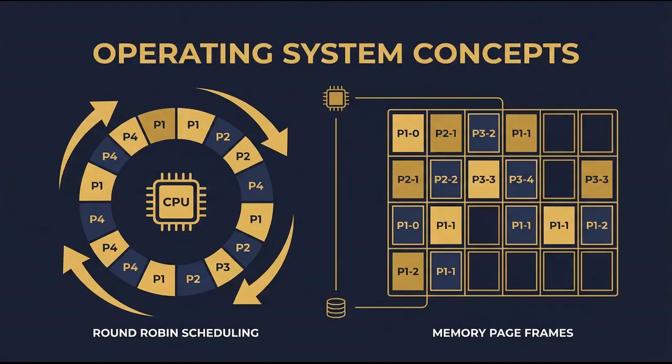Memory management is another critical OS task. Programs use logical addresses generated by the CPU, which the OS and hardware translate into physical addresses, referring to actual RAM locations. A common issue is memory fragmentation, where free memory is split into pieces too small to efficiently satisfy allocation requests. To manage memory effectively, paging is used. In a paging system, physical memory is divided into fixed-size blocks called page frames, each capable of holding one page